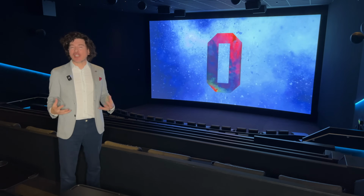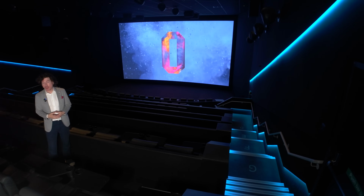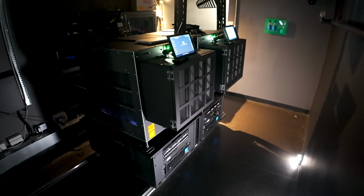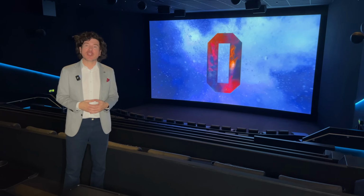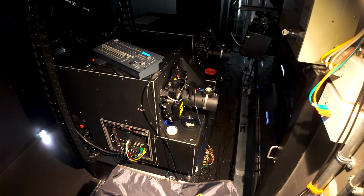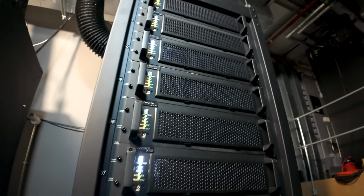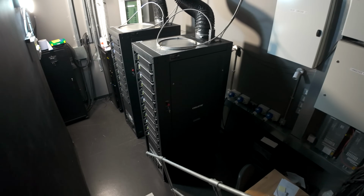To realize Dolby Vision, which is the highest possible spec that's currently available in the cinematic industry, we've installed a dual laser projection system that's under Dolby's IP. So this is manufactured by Christie, but only installed in Dolby Cinema auditoriums. Another interesting fact about these projectors is that there is no light source inside of them. The light is delivered from these two neighboring racks via fiber optic link. Inside of each model installed in these racks there is a laser which generates the light which you later see